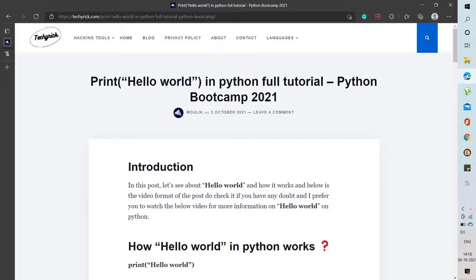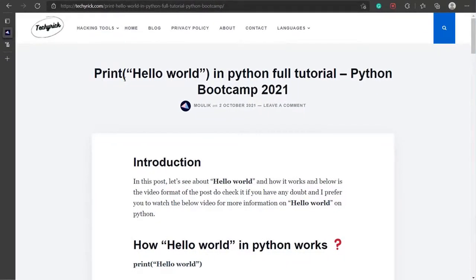Hey there guys, in this video I'm going to teach you the hello world in Python. If you started to code in Python, the first thing you will do is printing hello world. Instead of the hello world, you can enter whatever value you want. In this video I will be explaining what the print is doing and what these brackets are,